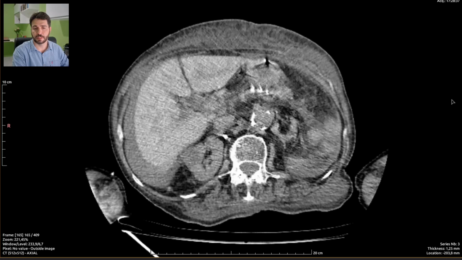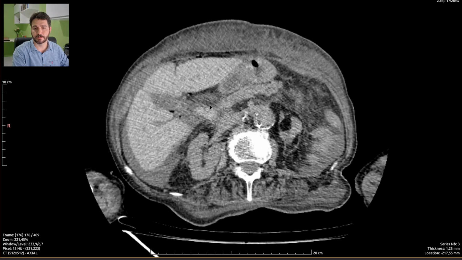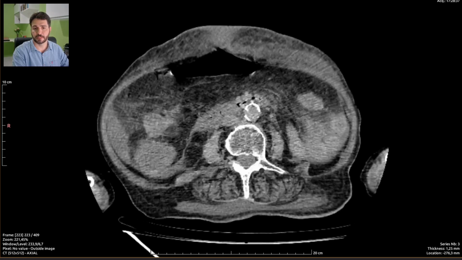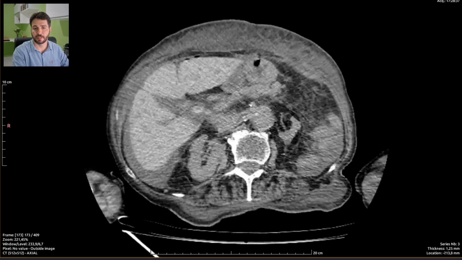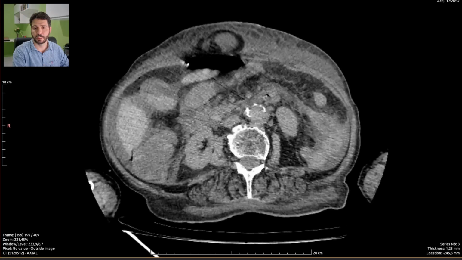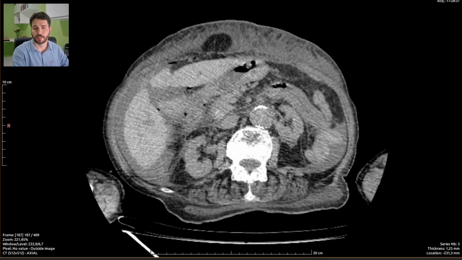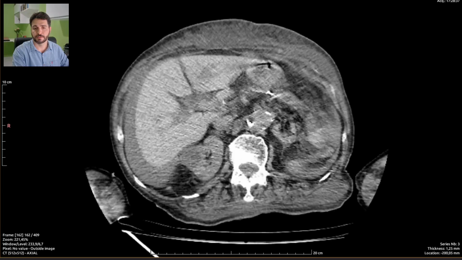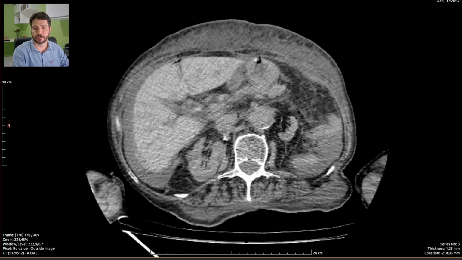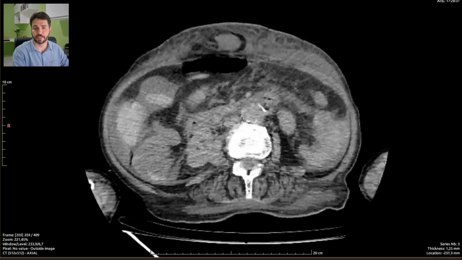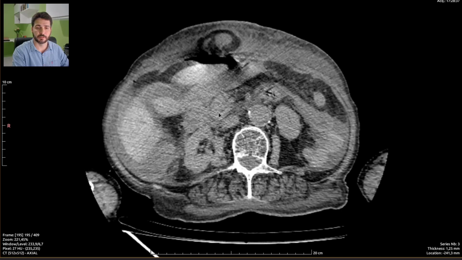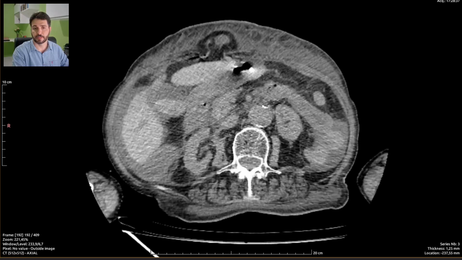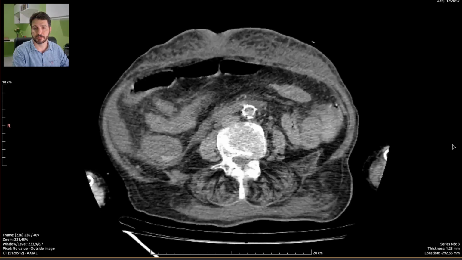These are stones, calculi, and also the hepatocholedochal duct, the extrahepatic biliary tree, is all filled up with stones. So there is choledochal obstruction by gallbladder stones all over the extrahepatic biliary tree. So this is the cause of the jaundice, but I couldn't really grasp the cause of the